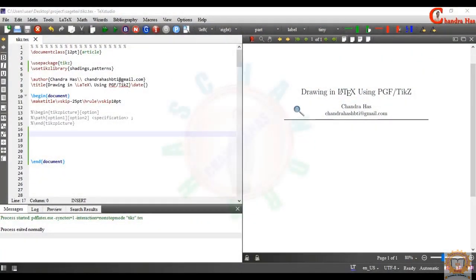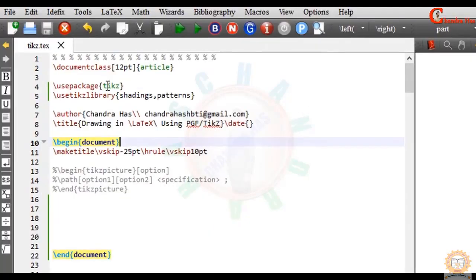Welcome in LaTeX tutorial, and we are learning about drawing graphing in LaTeX using PGF/TikZ. This is the 5th part of the series. Okay, and in the last part we learned to use several path commands with several settings. Let us quickly revise. First of all, we will have to use the tikz package in the preamble. Okay, and then we'll have to use a tikzpicture environment for drawing any structure. So I'll write here begin tikzpicture and end tikzpicture.